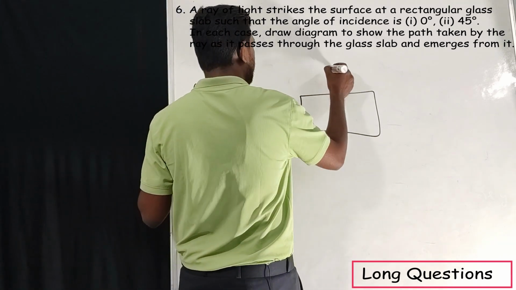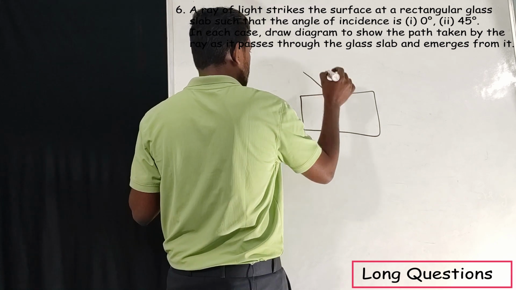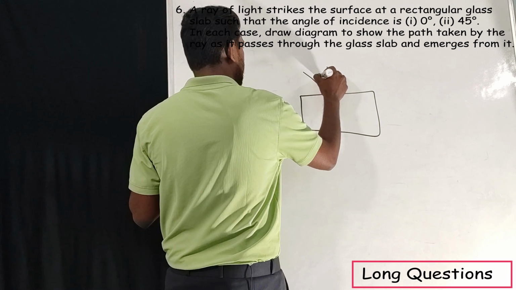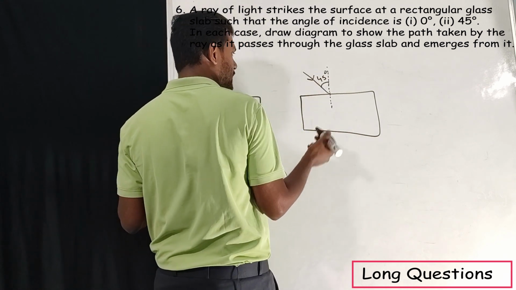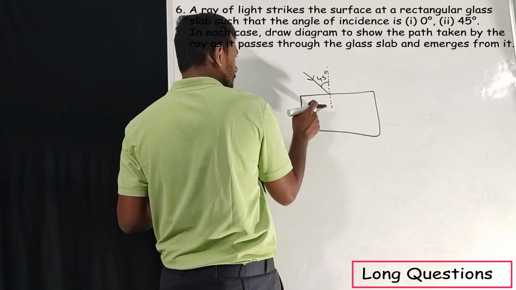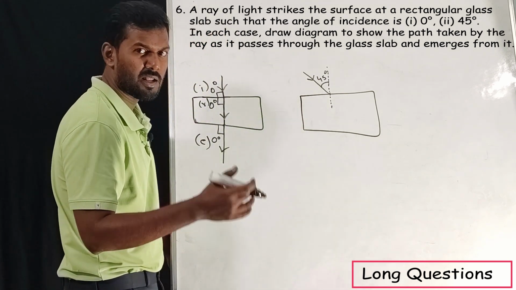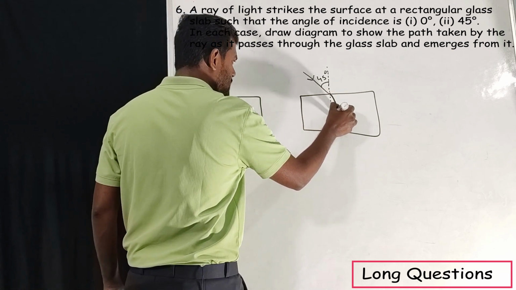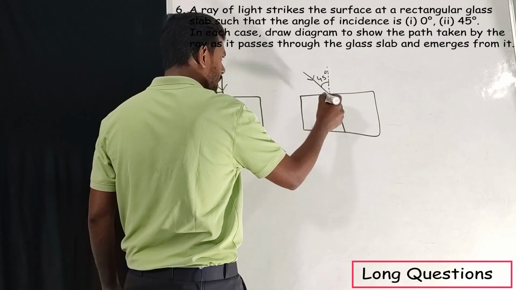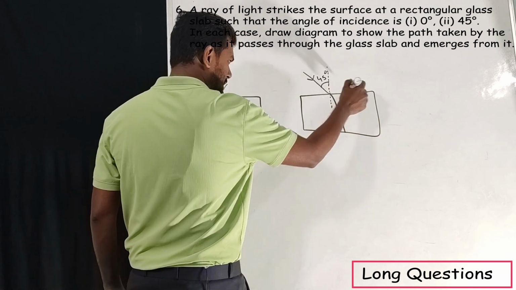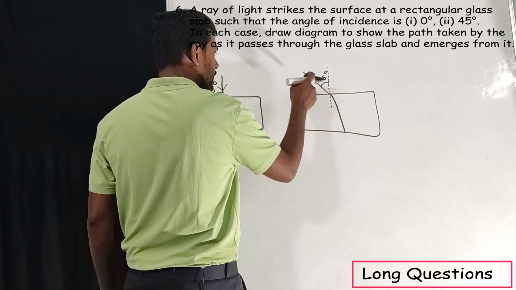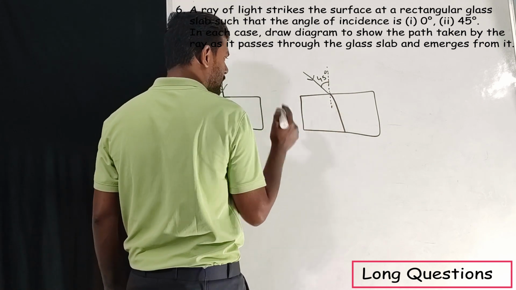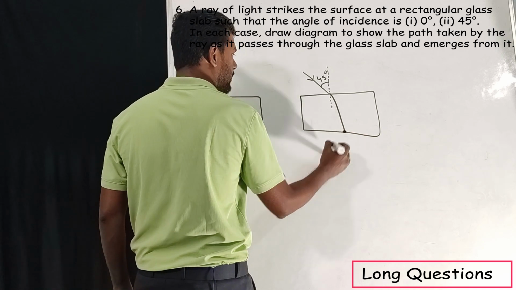The angle of incidence is 45 degree. Assume, okay, now this is 45 degree. We have to complete the diagram. See, when air to glass, the speed reduces. If the speed reduces, the refracted ray will be towards the normal like this. It will not go in a straight way because there is a medium, and from air to glass the speed reduces. That's why you have to write this refracted ray towards the normal, and once it hits this surface